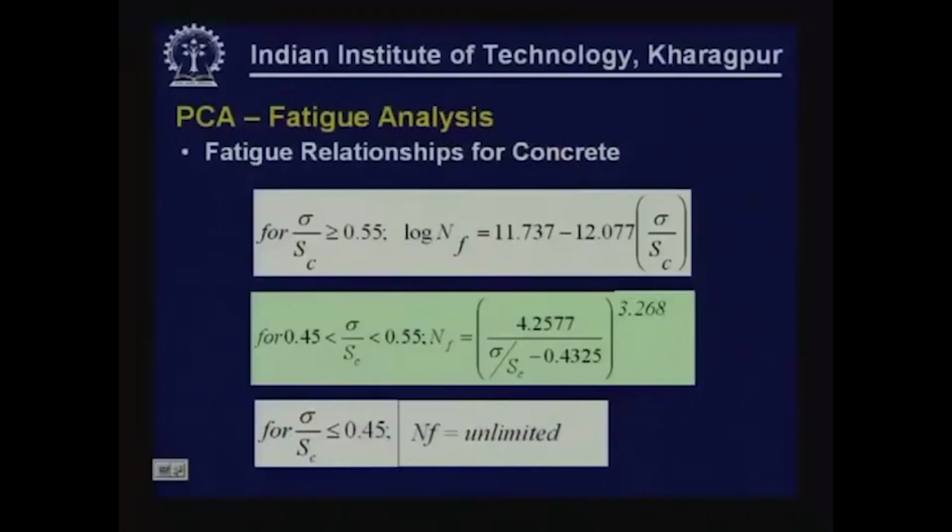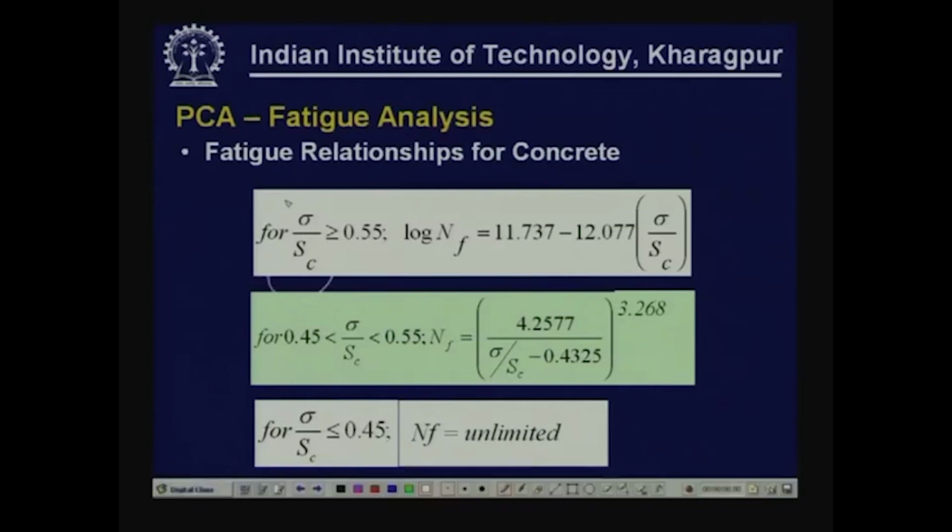As we have seen in the case of IRC guidelines, in fact these are similar guidelines, for different stress ratio conditions, different relationships are given correlating the number of repetitions concrete can handle for a given stress ratio before it fails in fatigue damage. As you can see in this slide, for different stress ratio values given by sigma by SC,